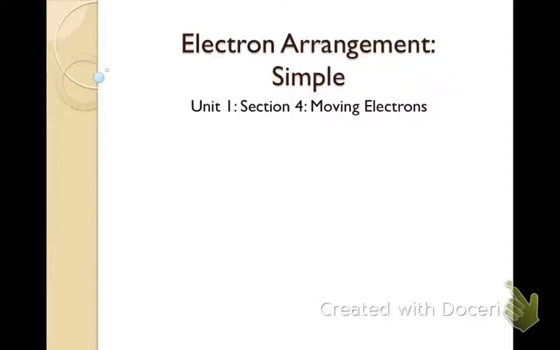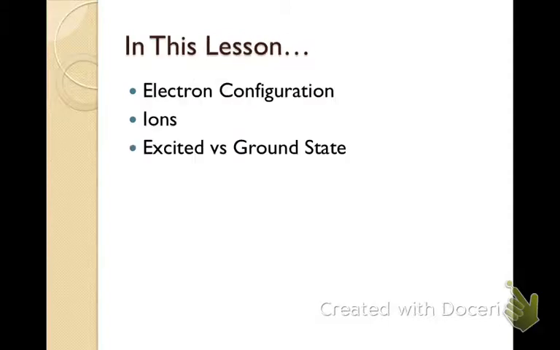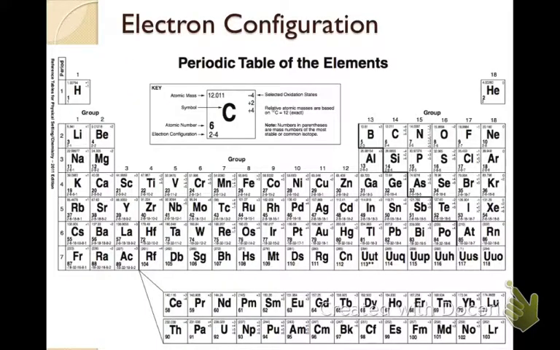Hi guys, so here we're going to look at electron arrangement. So you'll definitely need your periodic table for this. I'm going to cover what electron arrangement, or electron configuration, is, how it looks for ions, and then excited versus ground state. So your electron configurations for your New York State reference tables are actually located in the bottom